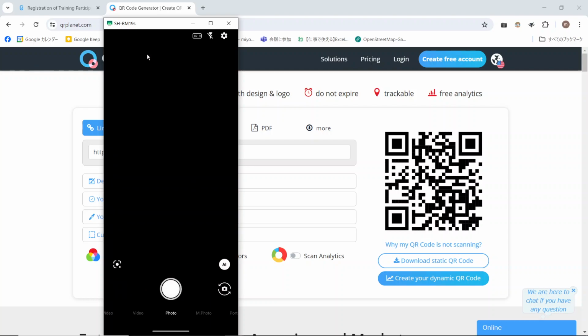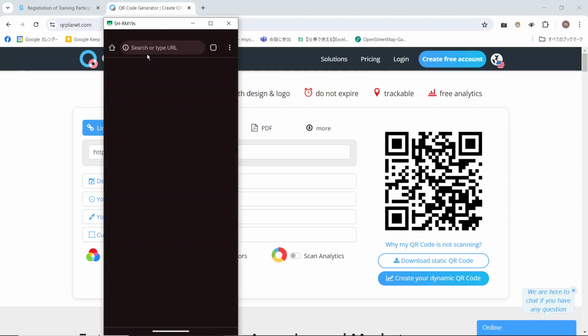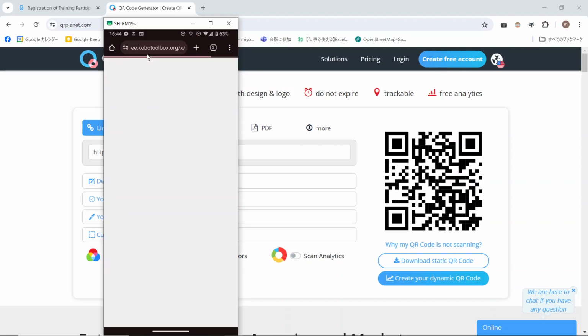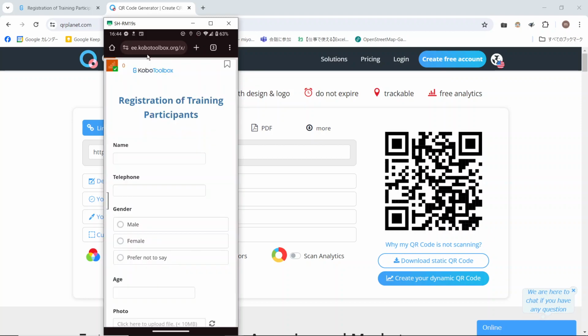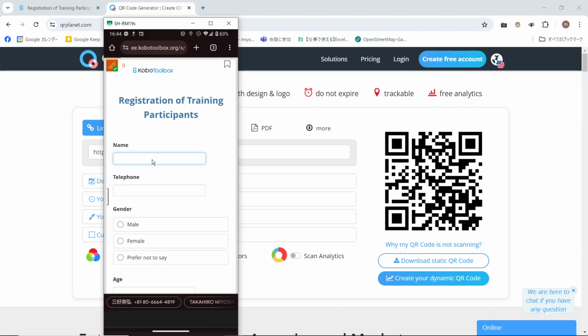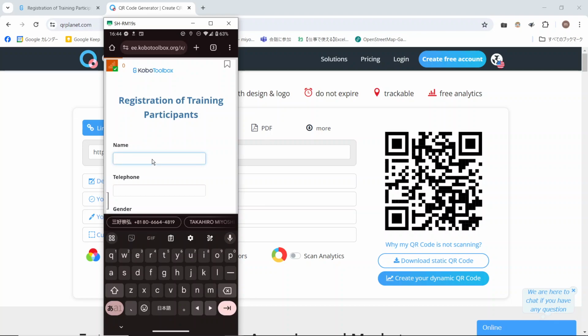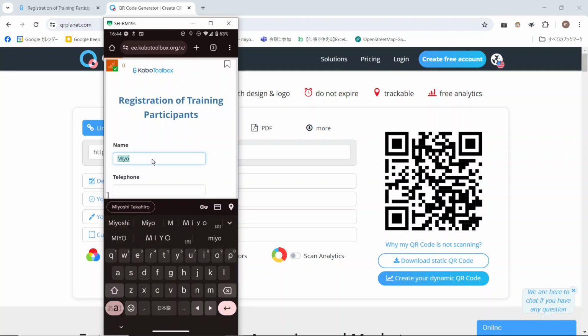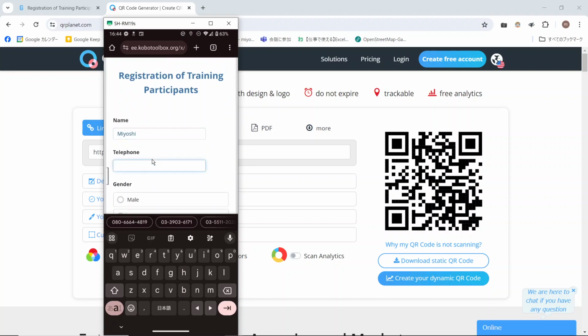So let's click. So this time I just use my phone with a QR. Then this is one of the big differences between Kobo Toolbox and Google Form. Google Form only works online, but you noticed here, this Kobo Toolbox also uses a browser. This browser can be used offline as many times as you want, according to their explanation. So most pros will know, yeah, you can put